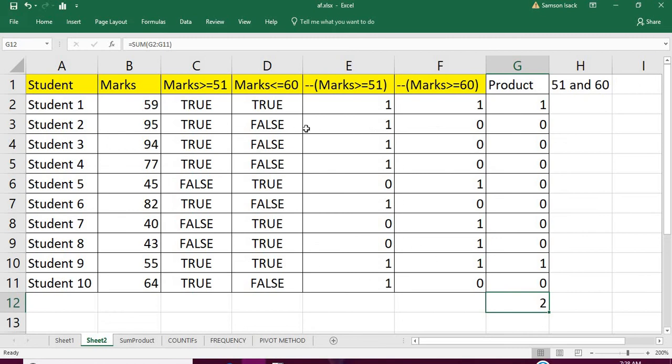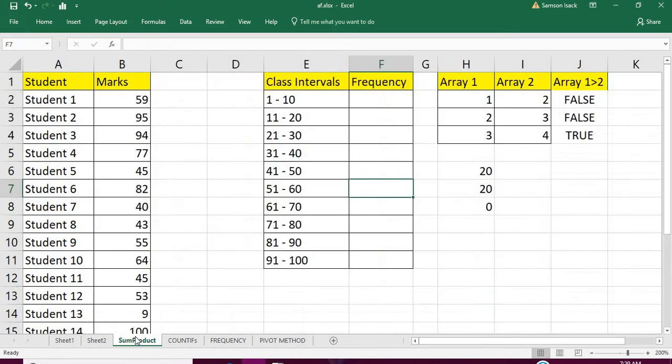We are going to use the same logic in the SUMPRODUCT function, but here what we did for each element, instead we are going to pass the array. So we are not going to pass only true and false. We are passing the conditions for lower and upper bound. We also convert those to 0 and 1, so that the function will do the product, then give the sum. So this is the example for the 51 to 60 class interval. So we are going to generalize for